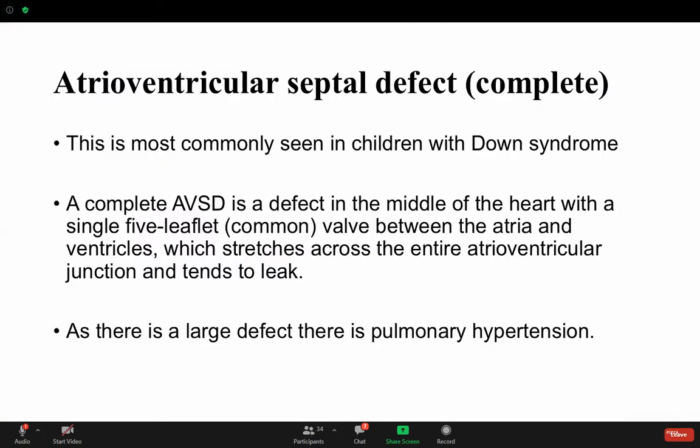A complete AVSD is a defect in the middle of the heart with a single 5-leaflet common valve between the atria and the ventricles, which stretches across the entire AV junction and tends to leak. As there is a large defect, there is a pulmonary hypertension. يعني مشكلتهم هنا وش يصير عندهم؟ الاتريال سبتم والفنتريكال سبتم كلهم مفتوحين على بعض. فعندنا one large defect. واضح؟